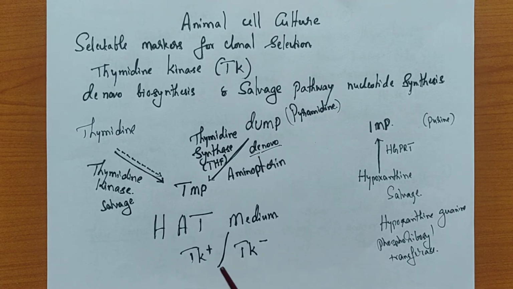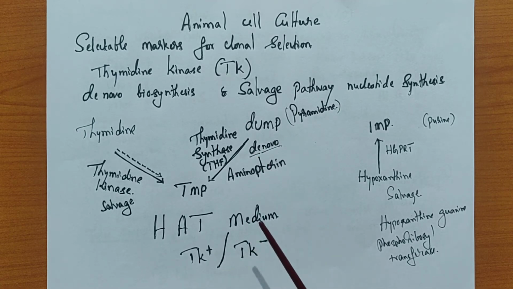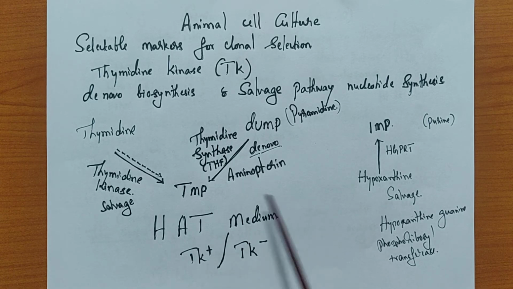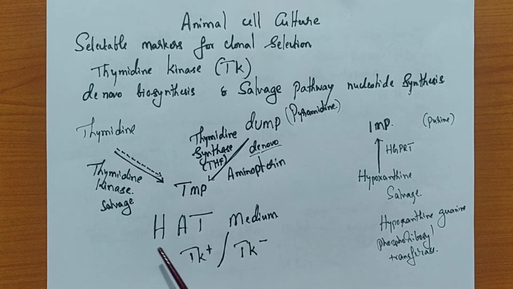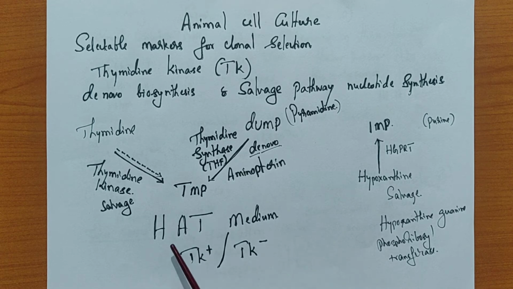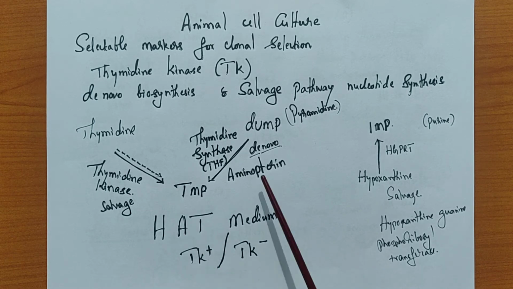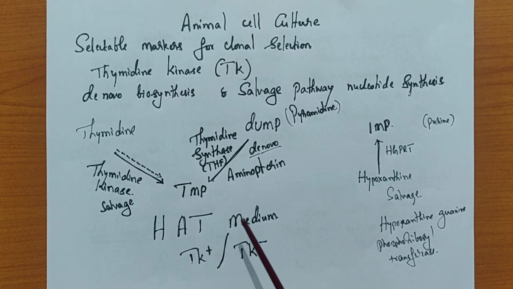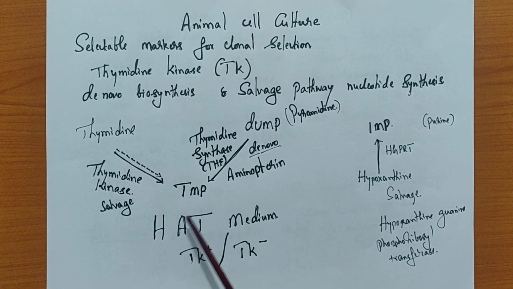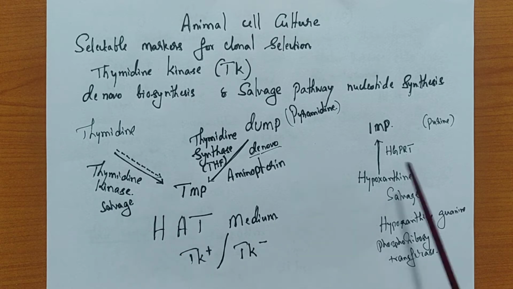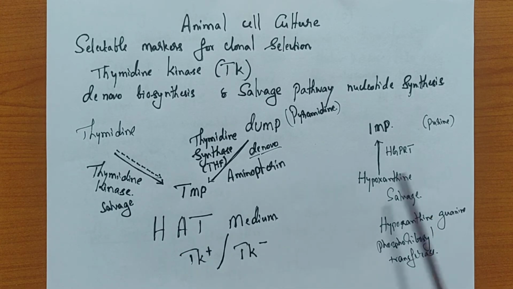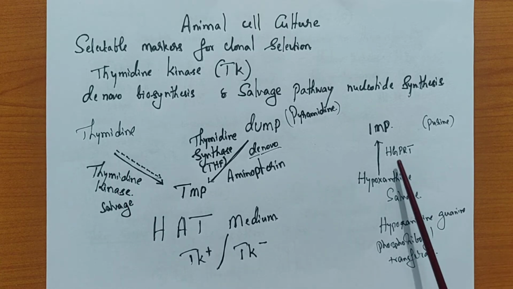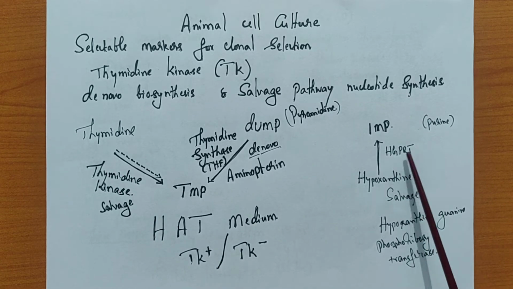So this is how we are going to identify the animal cell culture in case of cloning. We always have to have a HAT medium. You have to understand what exactly a HAT medium is. HAT medium contains aminopterin, which is an analog of THF, which inhibits thymidine synthase. So then the de novo synthesis is completely blocked. Then we have to activate the salvage pathway. For the salvage pathway, we require thymidine kinase. Another one is going to be the HGPRT enzyme.